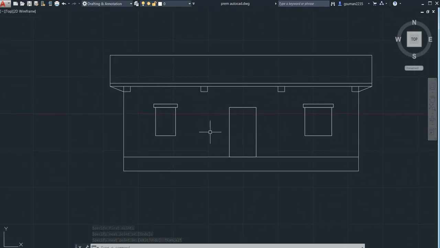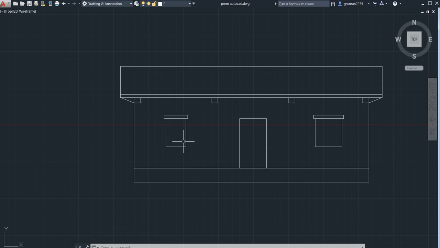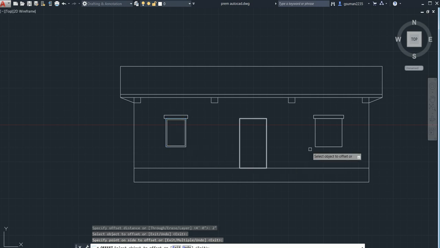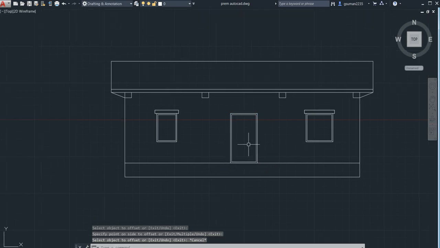Now go for the offset command, give the frame of this 2 inches, enter. You can see I have given it here also, in this door also, escape it, go for the line command.